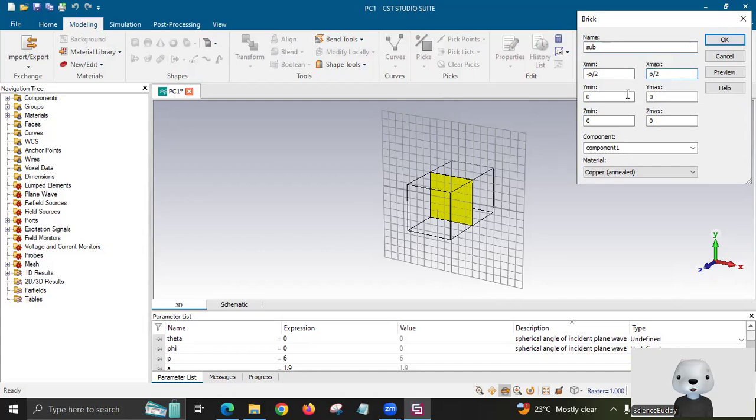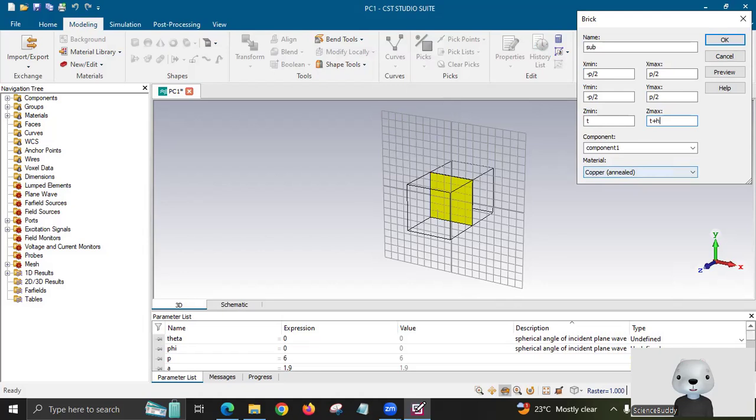P by 2, P by 2, yeah. Now carefully see that z minimum will be T now, and z maximum will be ground thickness plus substrate thickness,